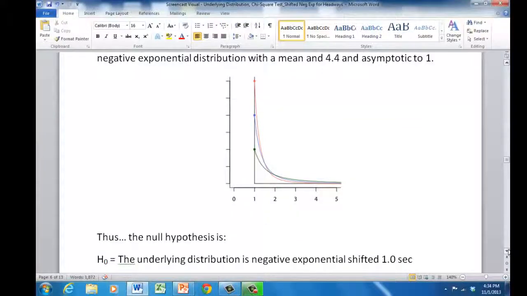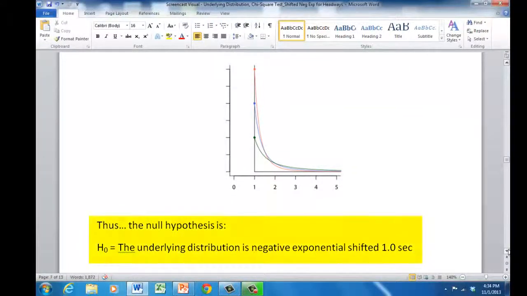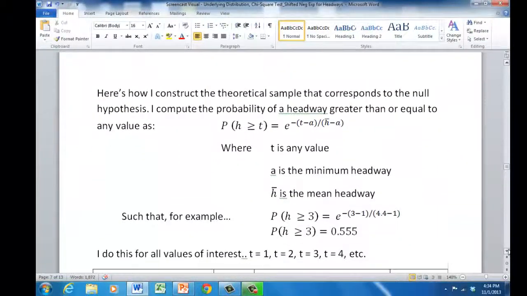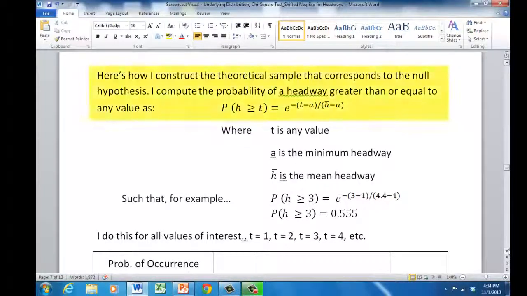Thus, the null hypothesis is the underlying distribution is negative exponential shifted 1 second. Here's how I construct the theoretical sample that corresponds to that null hypothesis. I compute the probability of a headway greater than or equal to any value t according to the function given